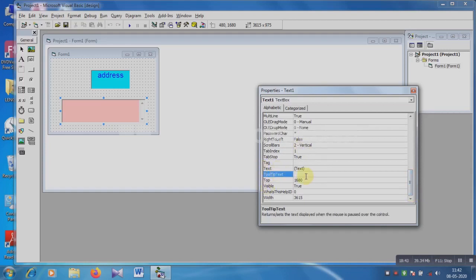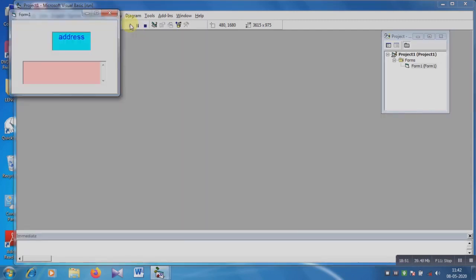I am writing the address here. So let's see whether the alternative text appears or not. See, when I put the mouse here, then address, this is the alternative text, appears on the text box, okay.